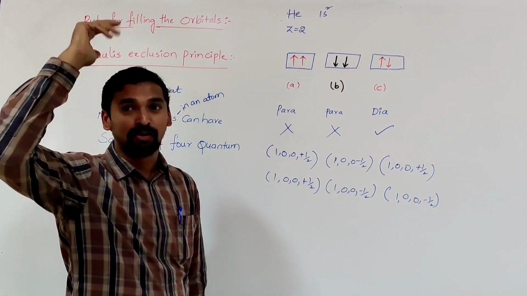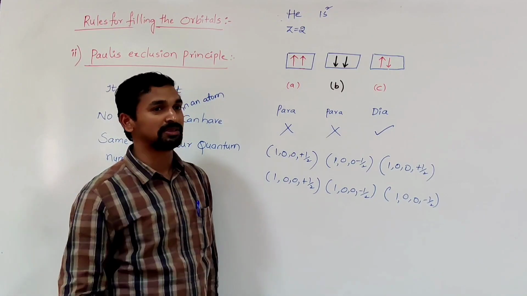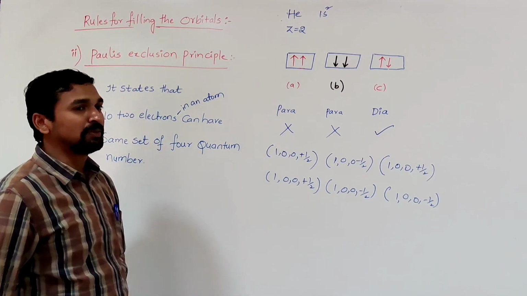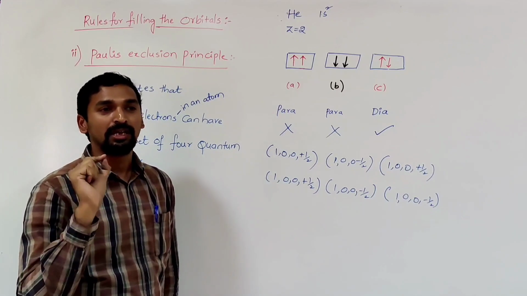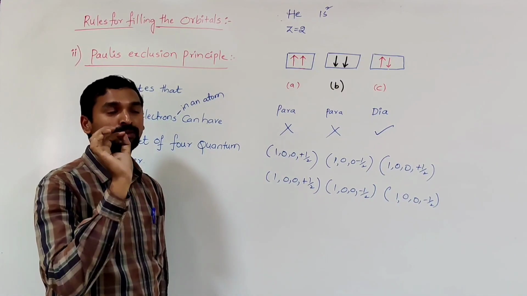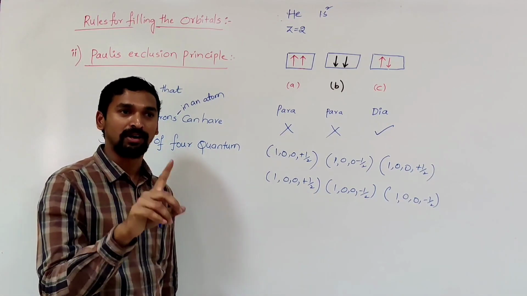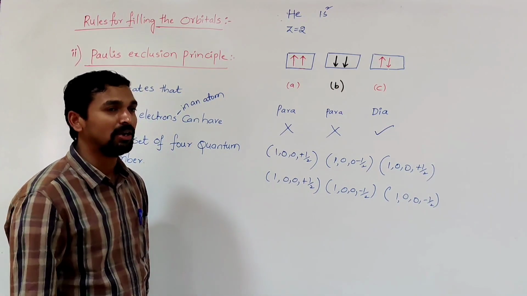Somebody says I fill up 4 electrons or 3 electrons or 5 electrons. We can also answer such questions. Generally, Pauli's exclusion principle also says that each orbital can accommodate only 2 electrons maximum. Either you may arrange 0 or 1 or, maximum, how many electrons can you accommodate? 2 electrons. Why only 2?